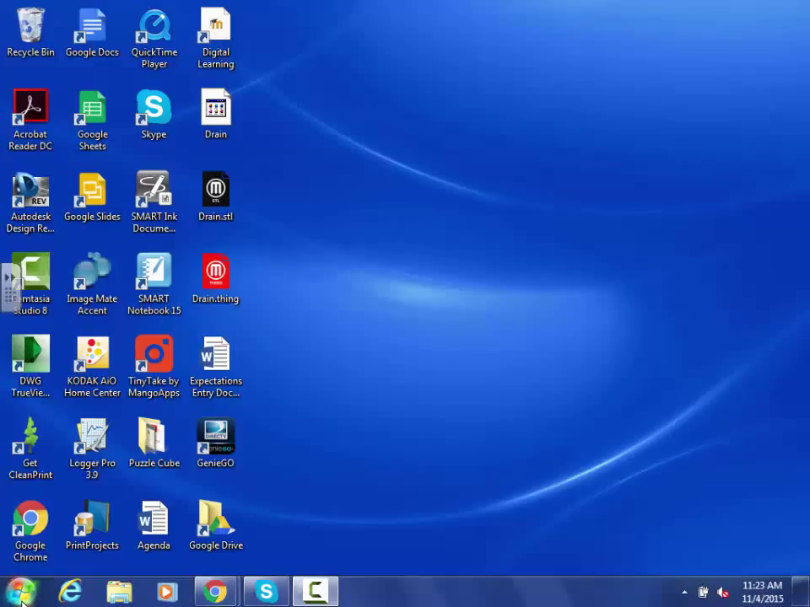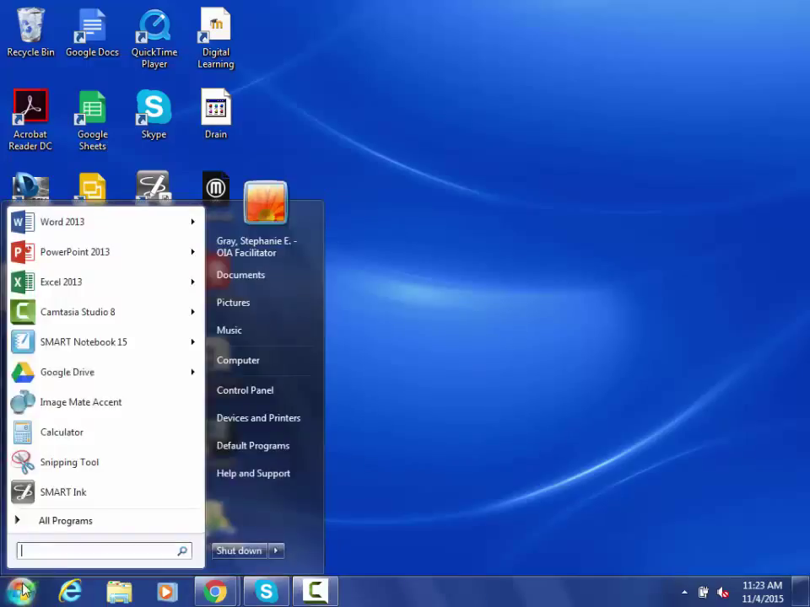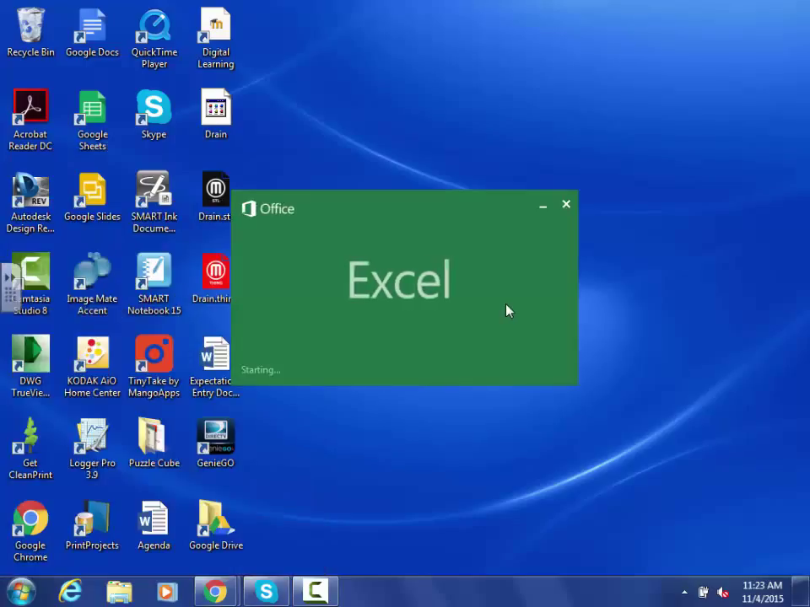Alright, we're ready to start activity 4.1c. Hopefully at this point you have weighed all of the parts of your puzzle cube, and we're ready to put that in Excel and make a scatter plot. So let's open Excel